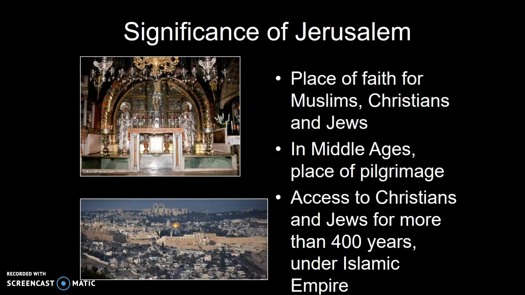One of the really important things is that the Seljuk Turks are new to control of Jerusalem in the time period right before the Crusades, but Muslims in general are not. Jerusalem had been part of the Abbasid Empire for hundreds of years, so it's not like Christians just lost Jerusalem and ultimately are seeking it back. Europeans and the Franks are seeking out Jerusalem to protect it from the Seljuk Turks, but it had been in Muslim hands for years, with Christians pilgrimaging there and no problems at all. So it's interesting that Pope Urban would call out for this.